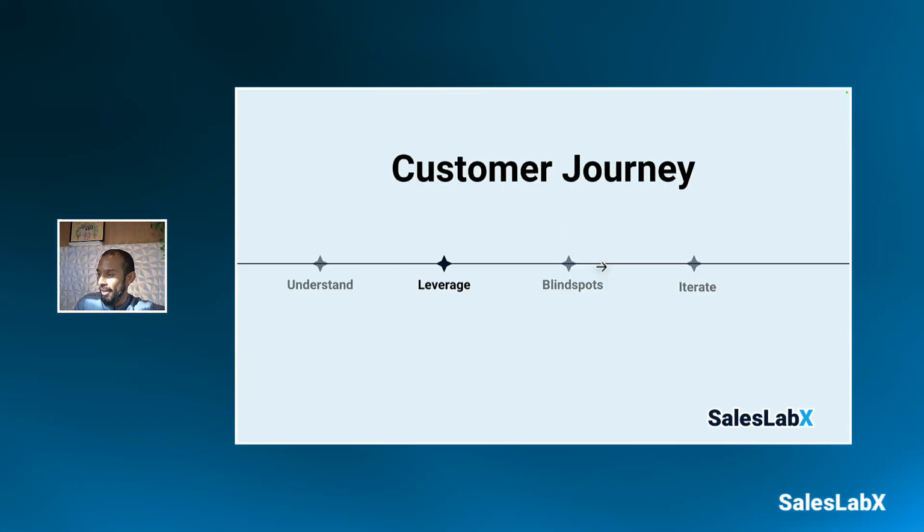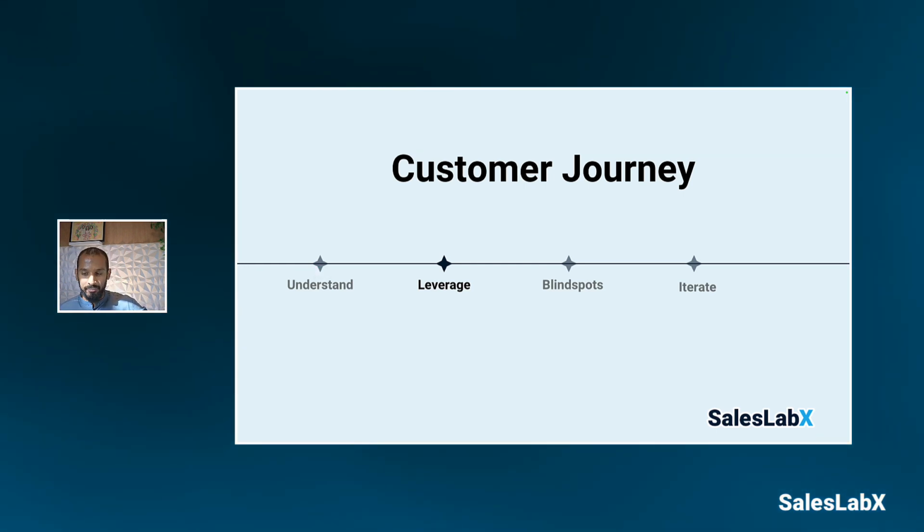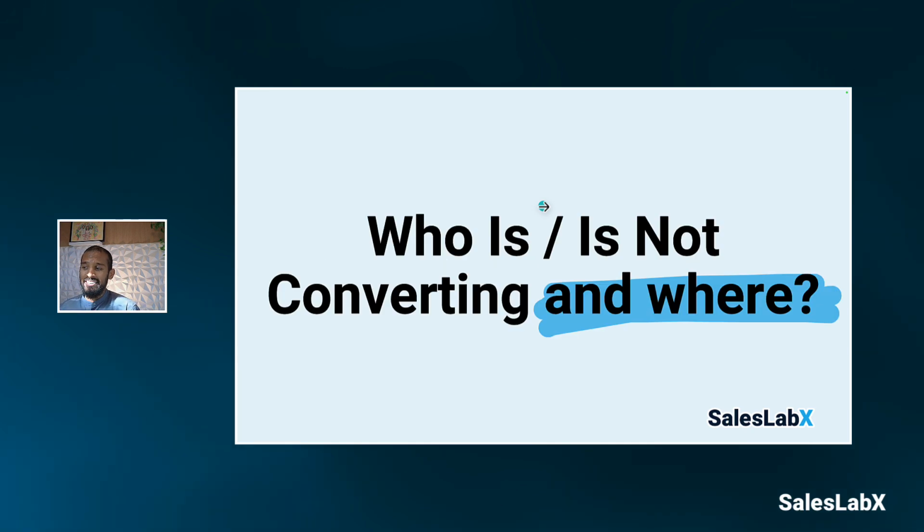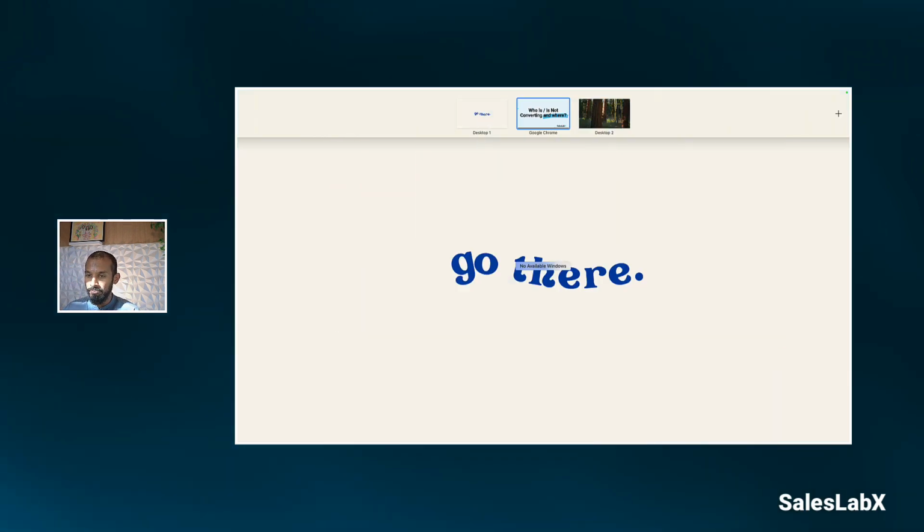As a vegetarian, okay. So now let's talk about how you leverage this data and this customer journey for personalization. The biggest thing that I'm seeing is, like I said before, people don't know where to start. So the first thing I want you to think about is breaking down your customer journey or your funnel,